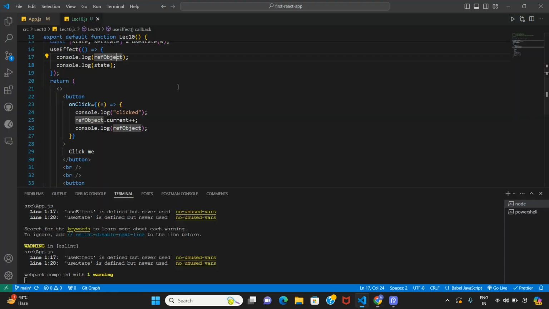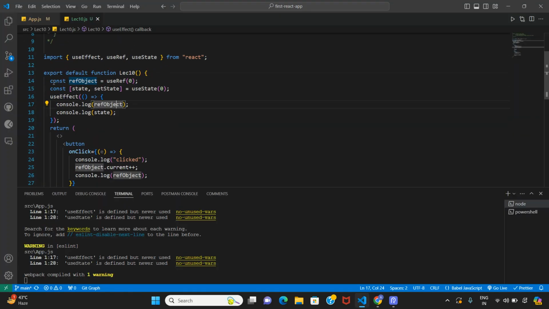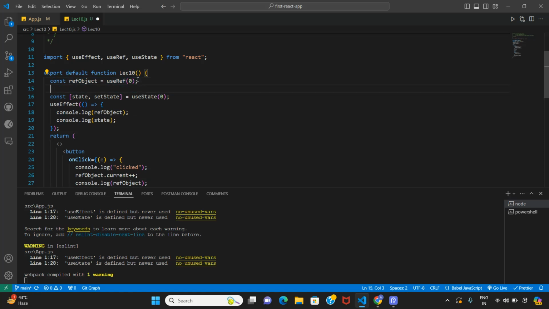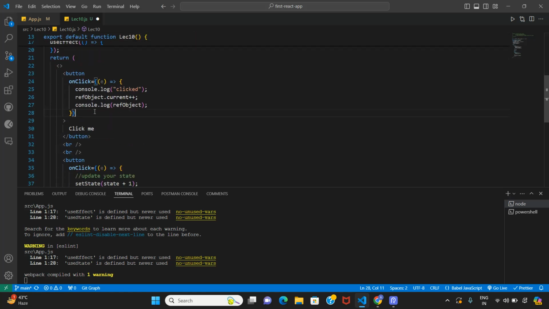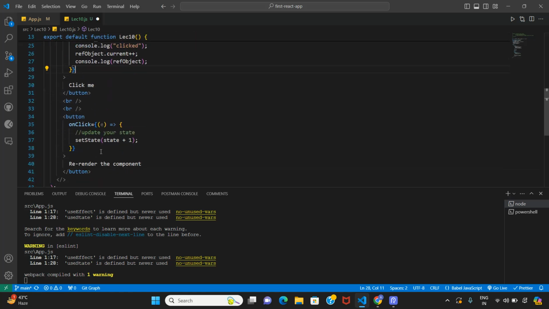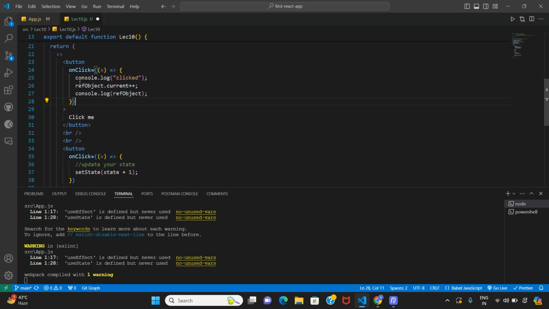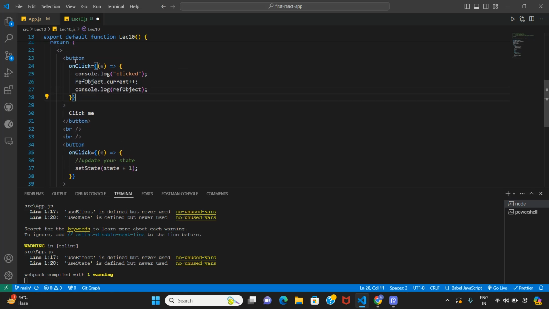Whereas if you try to make a simple variable, let's say my variable, and give it some value, let's say 10, and now you think that whenever